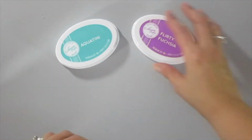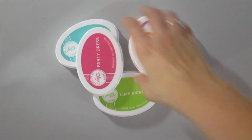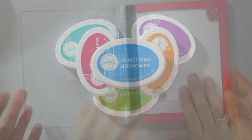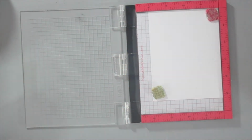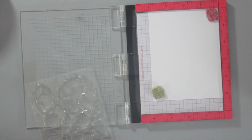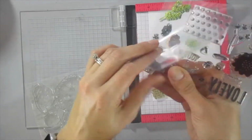So today we are doing a challenge. I created this video for the challenge, hopefully to inspire you. Here I'm just showing you the newest Catherine Pooler inks that came out, and I'm going to use some of those in this video. So to get started, I cut a piece of watercolor cardstock and I placed it into